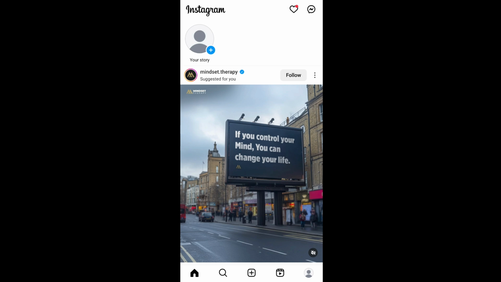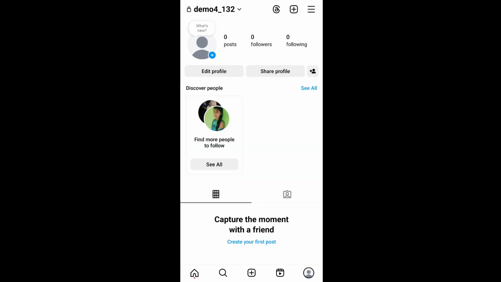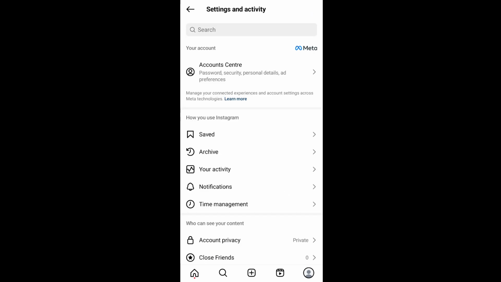To the rightmost bottom you'll be having your profile icon. Just click that, and to the rightmost top you'll be having the 3 lines icon. Just click that, and here you'll be having the Accounts Center option. Select it,